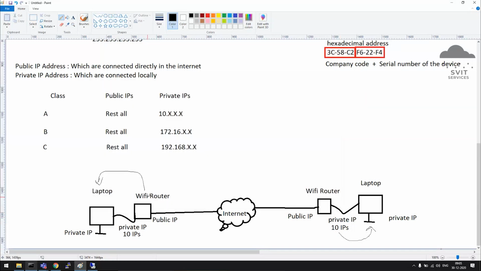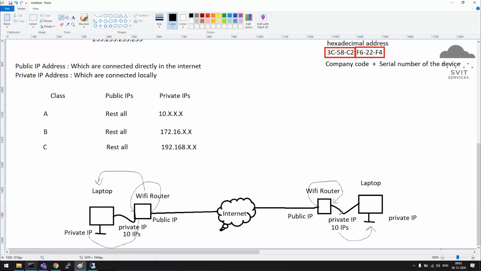Now this Wi-Fi router, via this private IP, will speak to the private IP edge on the other end, and this Wi-Fi router has a mechanism: whichever services are available here on this edge with public IP, it can translate to these private IPs. Whatever the services are available here, it can translate from the public edge end to the private end.